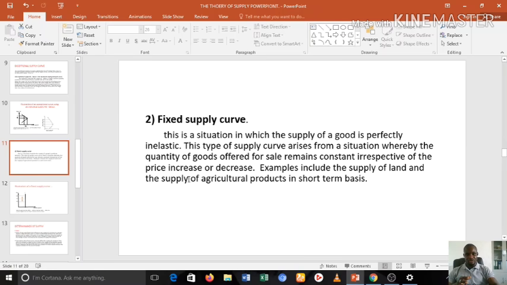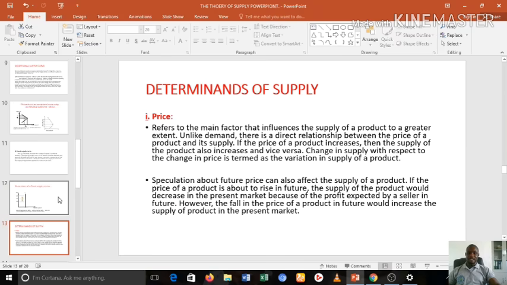Within a short-term period, because they are perishable, agricultural products will always be made available in the market despite the changes in the price. They cannot be kept. If the prices are low, producers will make their losses, because they are perishable products. They don't have a choice, they must supply. So even if the prices are low, they will still make their losses. But when the prices are high, they'll be willing to supply more instead. And even when they supply more to the market, the supply will still remain constant, because they are perishable products and they are within a short period of time. Good. So we have critically examined the exceptional supply curve.